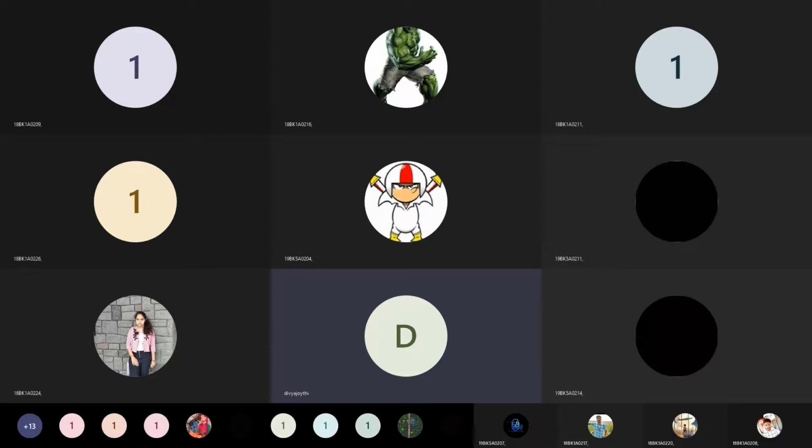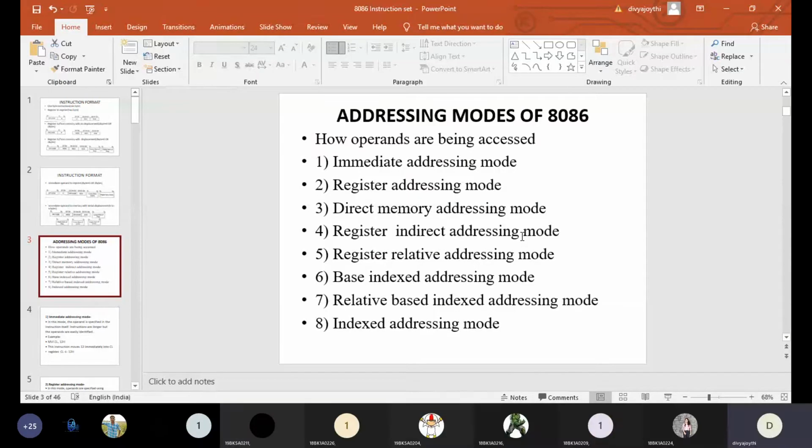8086. So what exactly will the addressing modes give us? What kind of information will they give us? Addressing modes describe how the operands are being accessed. In simple language, addressing mode will tell us how the data is being transferred from